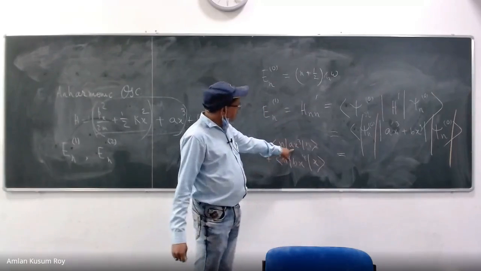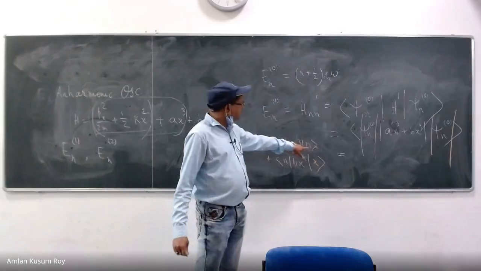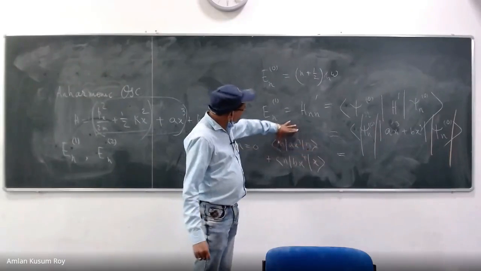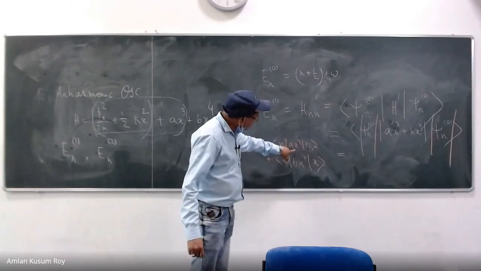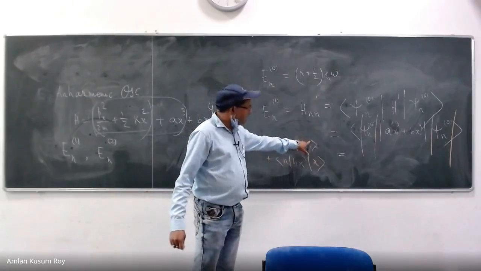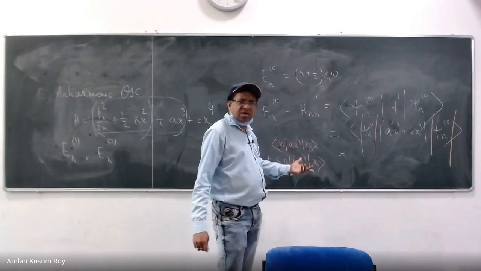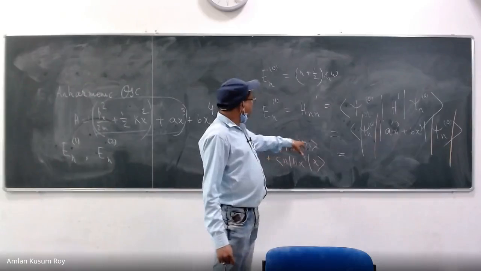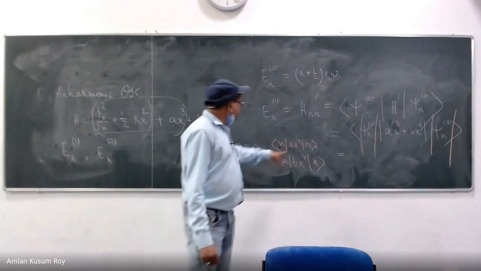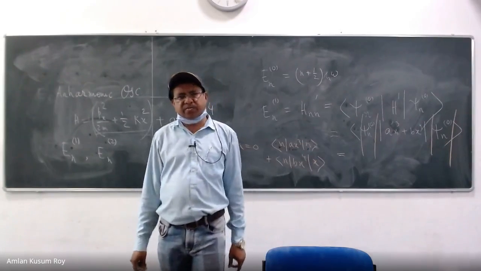Now look at this term. This one is an even function for even n. This is also an even function. So the product, this is simply a multiplicative operator, right? So you can talk in terms of n and n. There is no problem because it is a multiplication operator. There is no derivative. So this and this will eventually give you an even function. And then it is an odd function. So the overall function is odd.